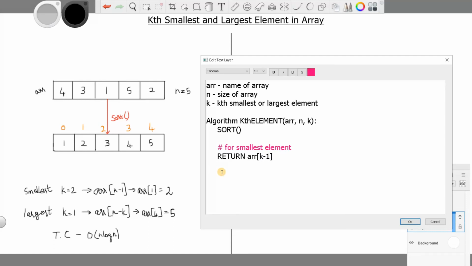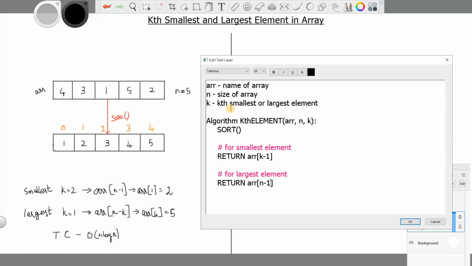Now similarly, for the largest element, we have to return array of n minus k. That is what I have implemented here. This is the whole algorithm for finding the smallest and the largest element in the array.